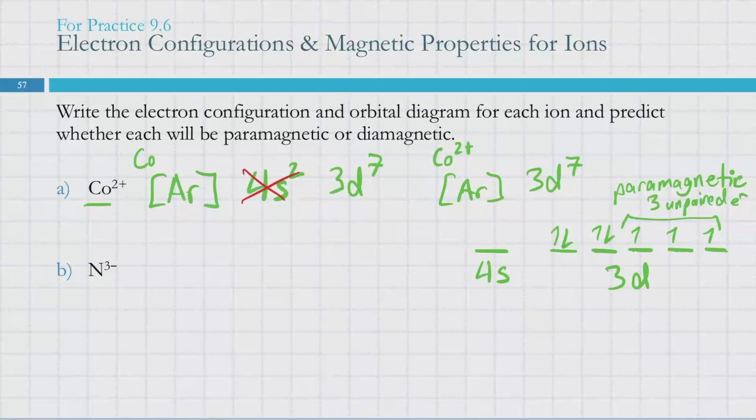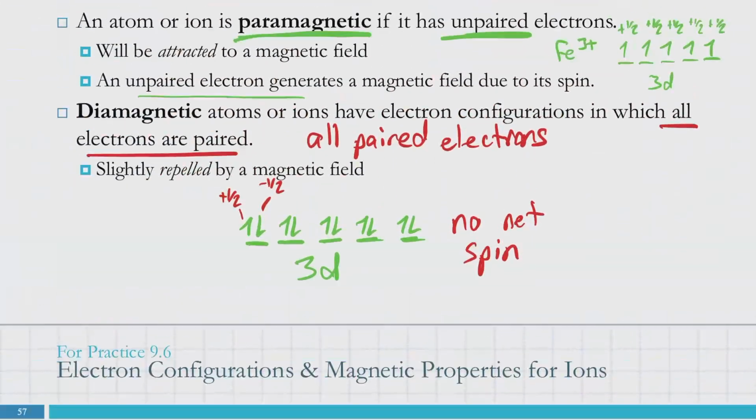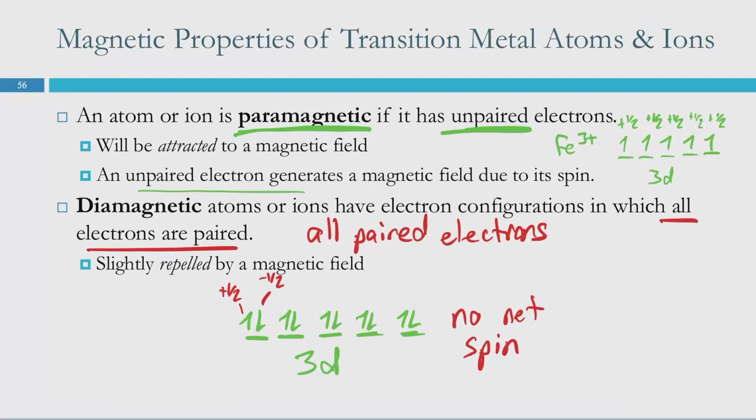So last class we left off. We learned about electron configurations previously. We had learned about magnetic properties for ions. So you can have some possible options. Transition metals in particular can be paramagnetic, meaning that they have unpaired electrons, like in this ferric